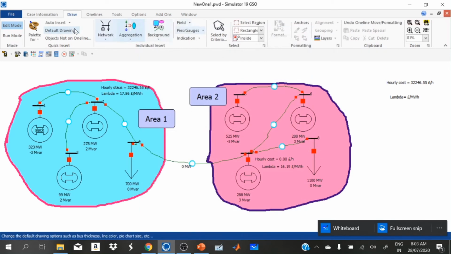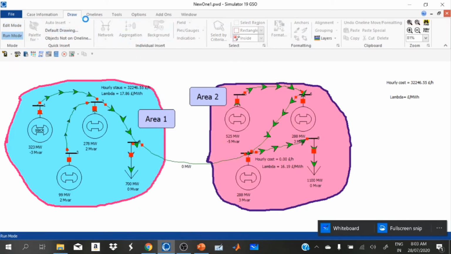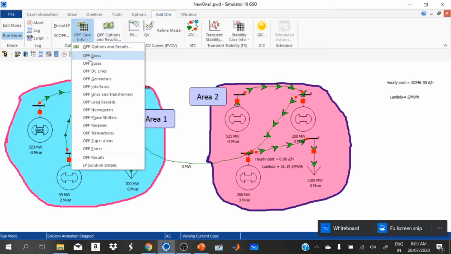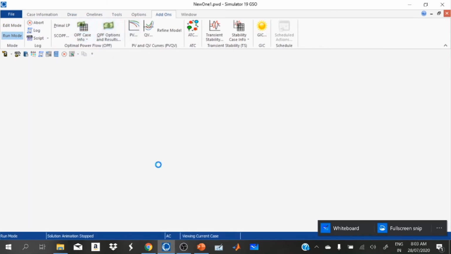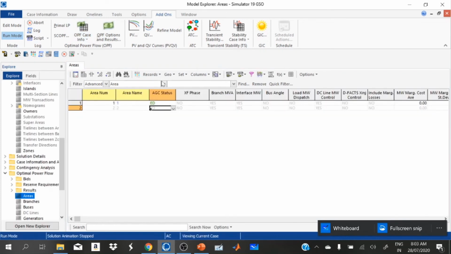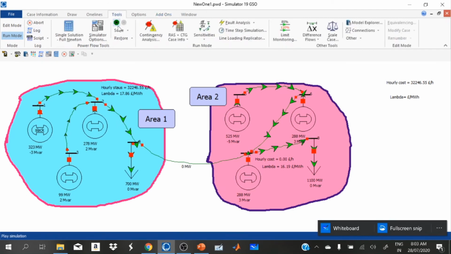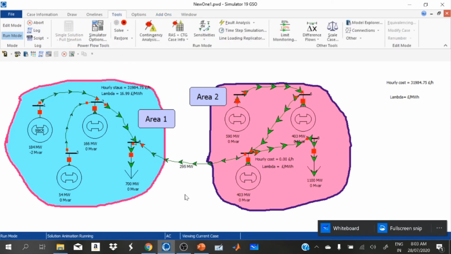Yes, now we run our model. Now we can see here the economic dispatch only for area 1. Area 2 is removed now. Now both areas are connected as a single area. Now we can run our model.